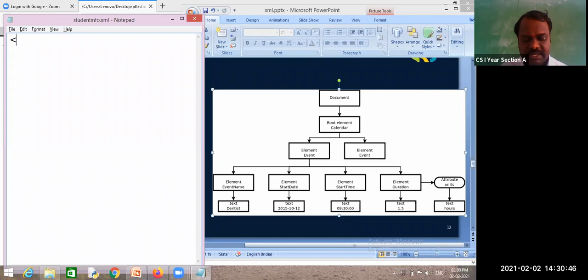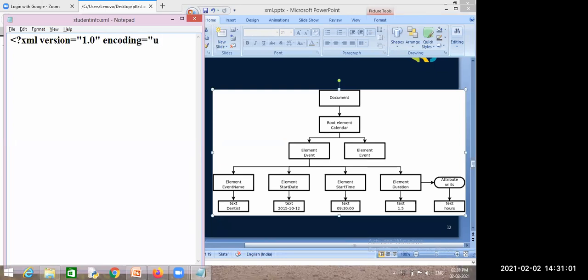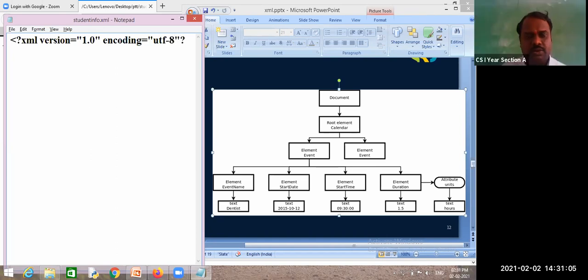The XML prologue: less than question mark xml, version 1.0, and encoding equal to, what is the encoding? UTF-8. Very good. And again, I have to put greater than and close. And what is the root tag from this?